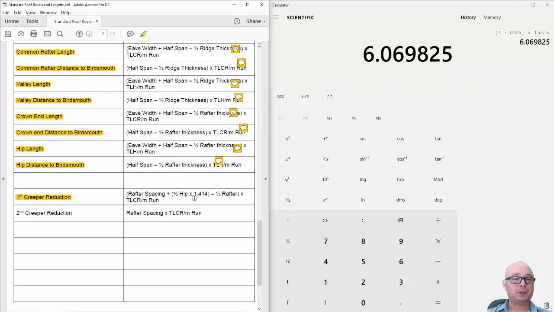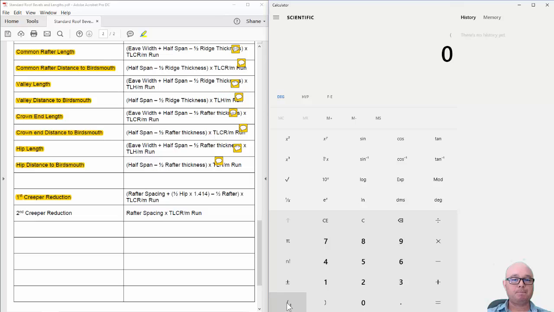That's why that's there. So inputting that into the calculator, we start with a bracket, and the rafter spacing, which in this scenario was 600 millimetres, so 0.600, plus, and then another bracket, half the hip, which we said was going to be 10 millimetres, so as metres, that's 0.010, times 1.414, close that bracket, minus half the rafter thickness, which was 25 millimetres, so as metres, that's 0.025, close the bracket, and then times the true length of common rafter per metre run, which was 1.155,